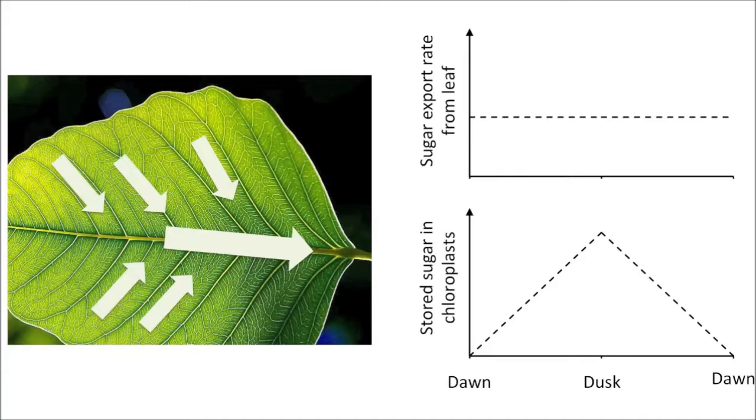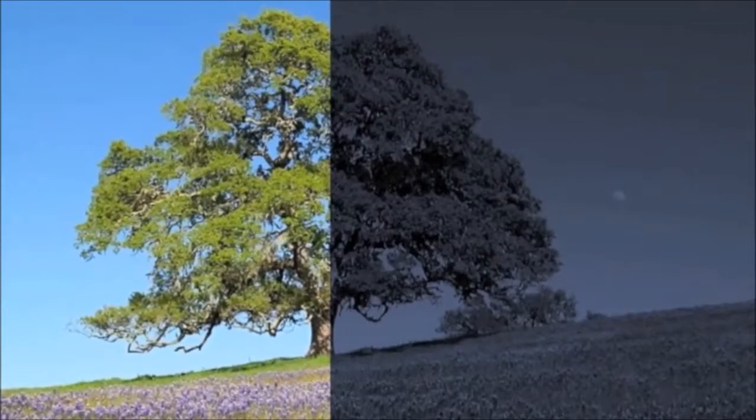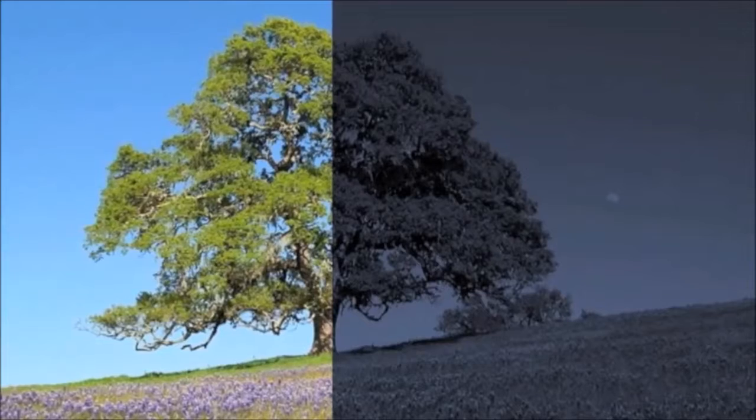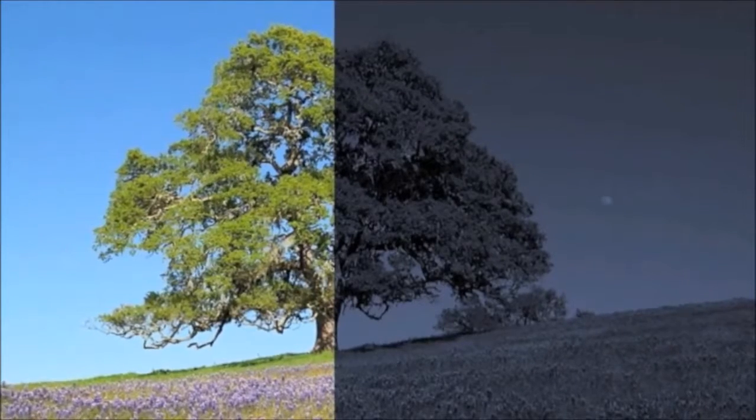Although the mechanisms are not exactly known, leaves are exquisitely designed to store sugars in the chloroplast during the day in such quantities so that almost all of it is in turn exported during the night hours. This means that aside from leaves, the majority of the plant body maintains remarkably similar function between day and night.